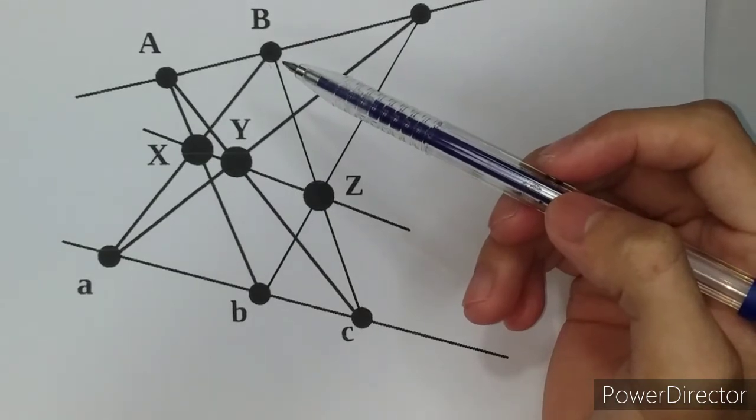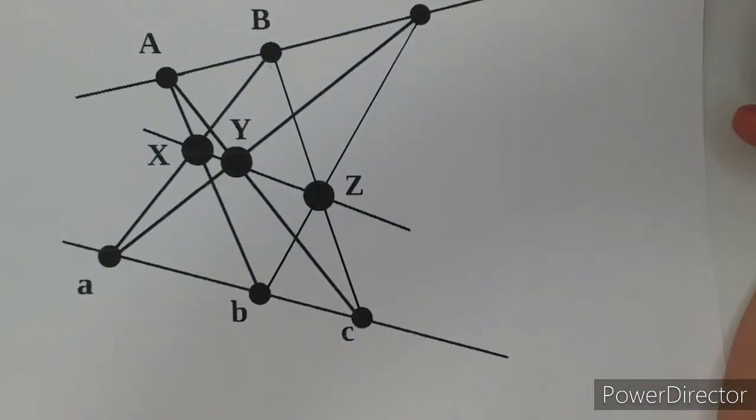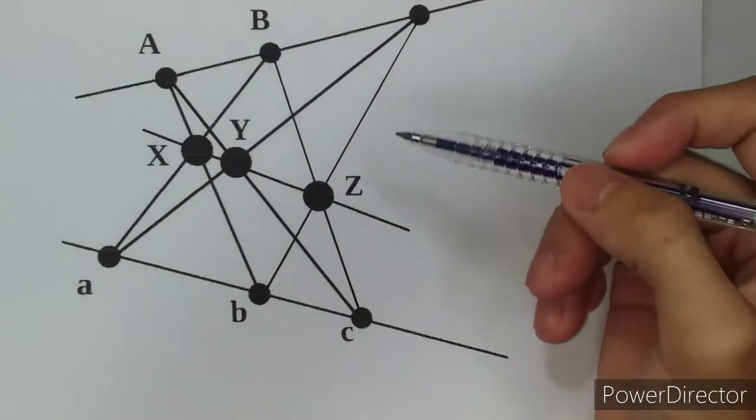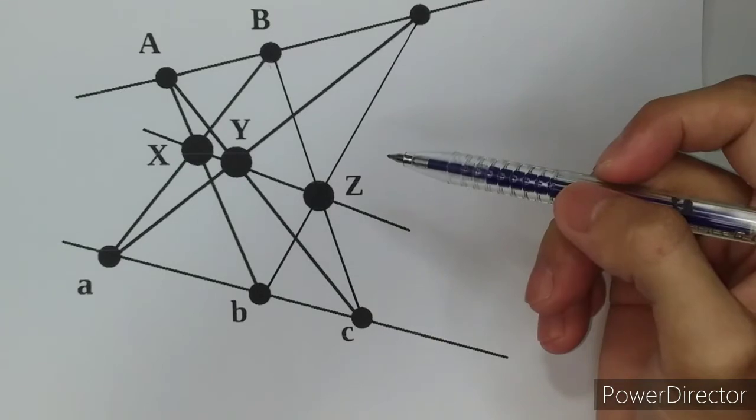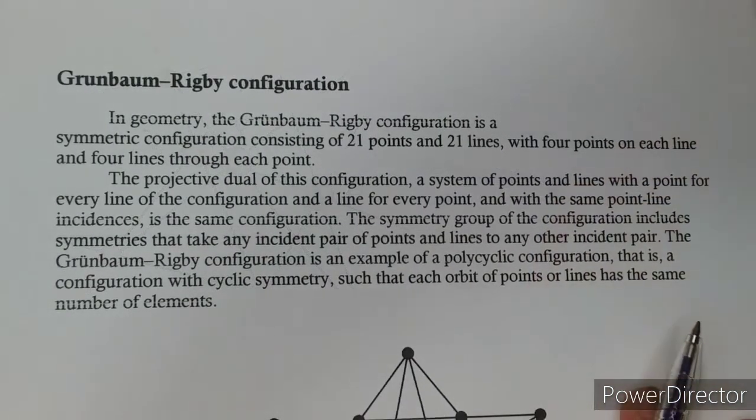According to Pappus' theorem, the resulting system of 9 points and 9 lines always has a line containing the 3 intersection points X, Y, and Z, called the Pappus line. Last one I'm going to discuss is